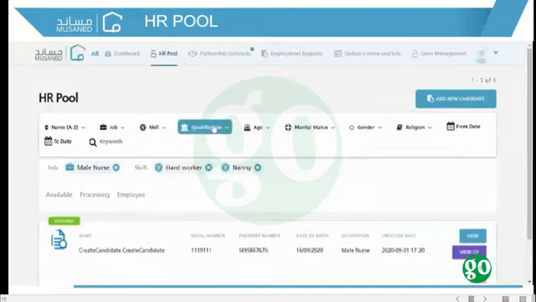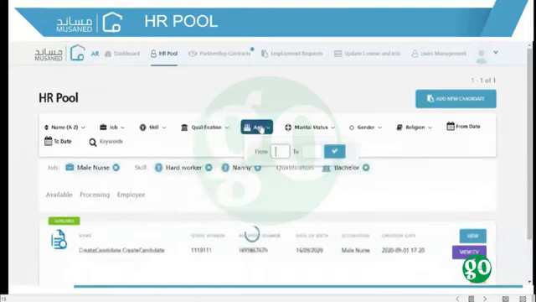User can also search for candidates by specifying the qualification of the desired candidate and by entering the range of age. For example, if I want to search for candidates aging from 20 to 30, I can do so by specifying the range and clicking on check so that the list would be filtered based on my selection. I can easily unselect the filters by clicking on the X icon.